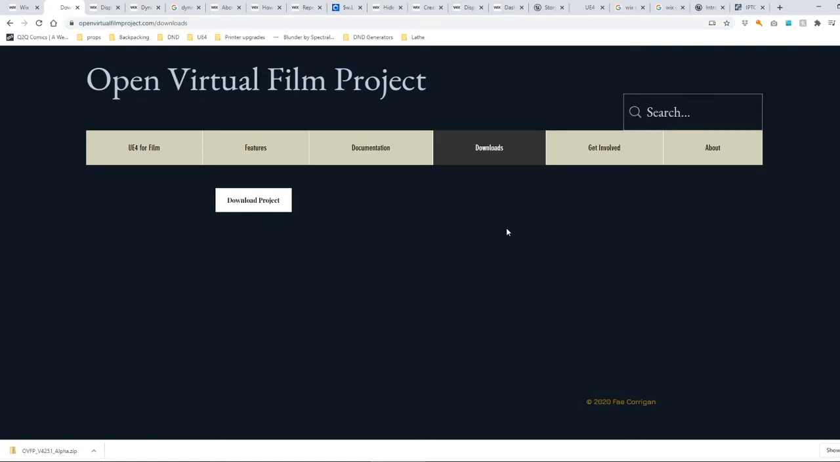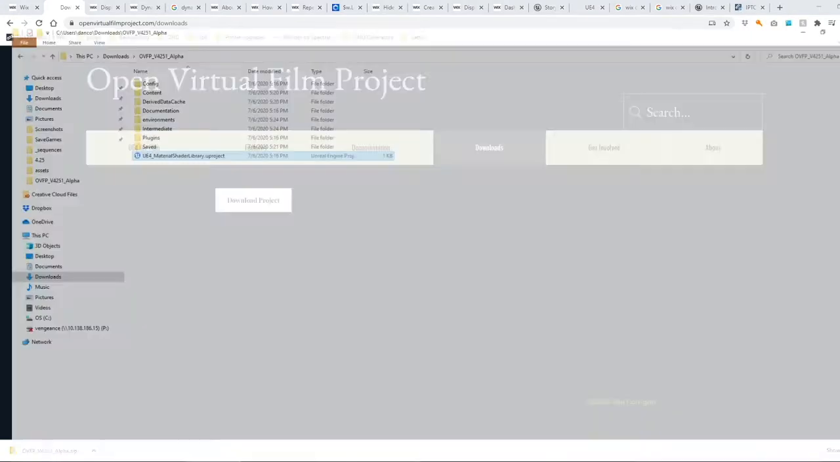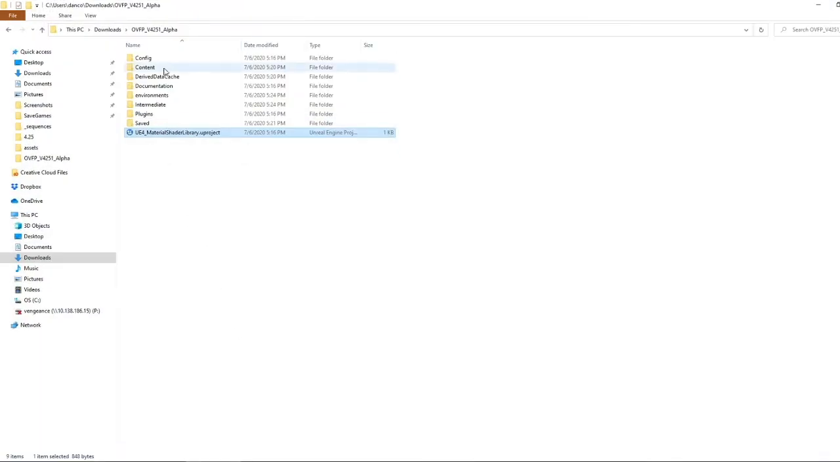Alright, today I'm going to be doing a quick rundown of the Blender to Unreal bridge that is found in the Open Virtual Film project and how to set it up. First thing you need to do is download the Open Virtual Film project from the website, clicking the Download Project button. That will pull a zip file, which after you unzip it,